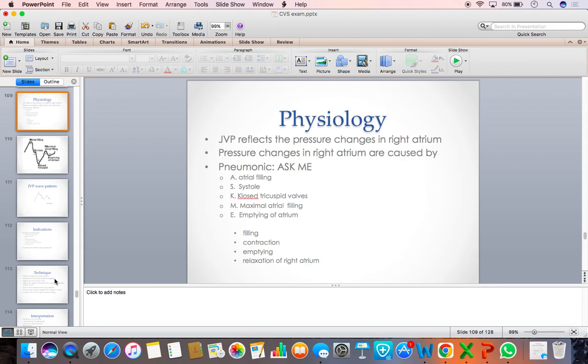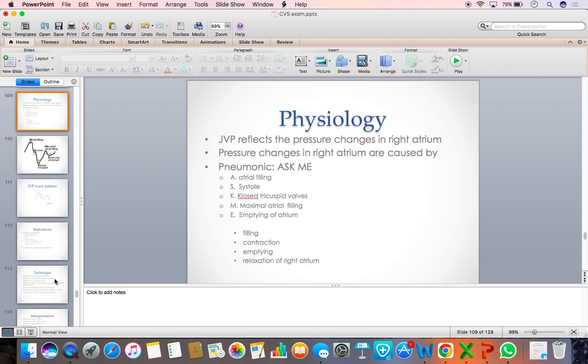So the A wave is a positive wave, indicating the increase in the right atrial pressure. Right atrial pressure increases during atrial filling. Atrial filling occurs due to the systemic venous return into the right atrium. So when the atrium is getting filled due to venous return, the pressure gradually increases in the right atrium and results in the slow rise of the A wave,